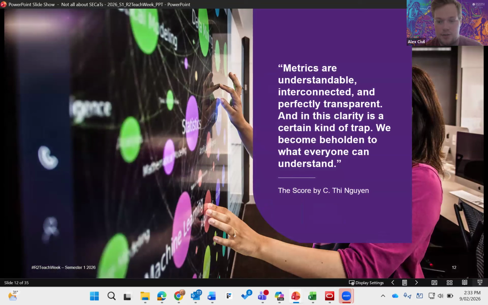And in this clarity is a certain kind of trap. We become beholden to what everyone can understand. How I view this quote, especially in SECaT terms, is that as we try to evaluate everyone on the same page, we have to strip away a lot of the nuance and subtlety of each teacher's particular experience.